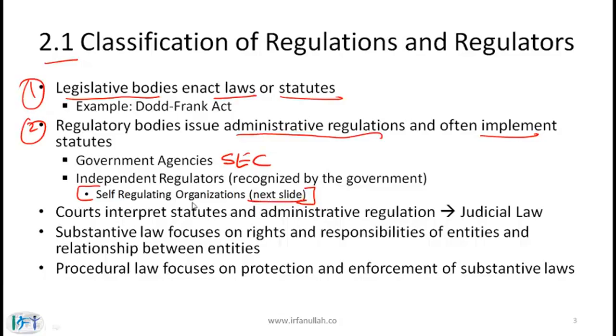Now, moving on and talking about regulations, sometimes a law or a regulation might require some interpretation. That interpretation is provided by the courts, and the interpretation that comes from the court on either a statute or on an administrative regulation, that interpretation in essence becomes the law. So when this process takes place through a court, then the court's interpretation essentially is called judicial law.